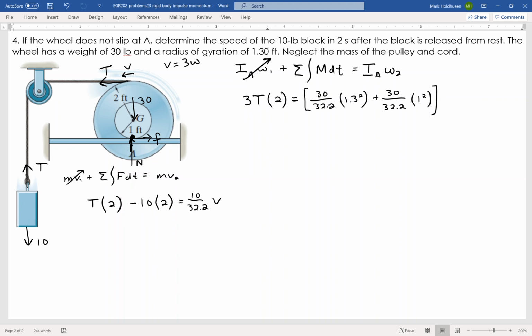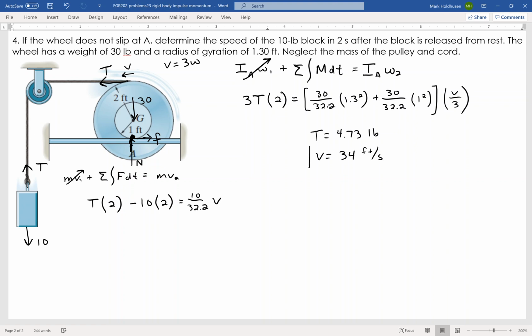So the omega I can use here is v divided by 3. Now I have two equations, both with T and v in them, and I can find that the tension equals 4.73 pounds. And from that, I can determine that the velocity after 2 seconds is going to be 34